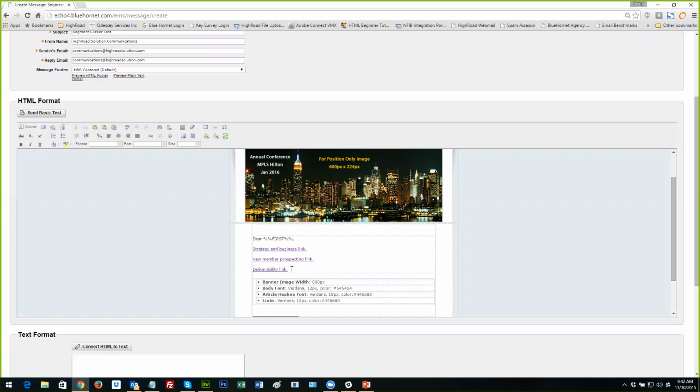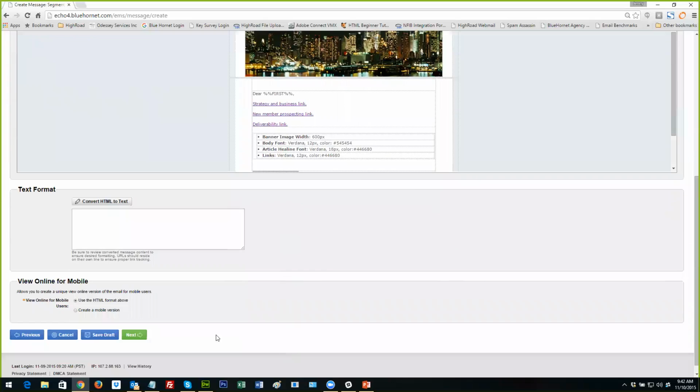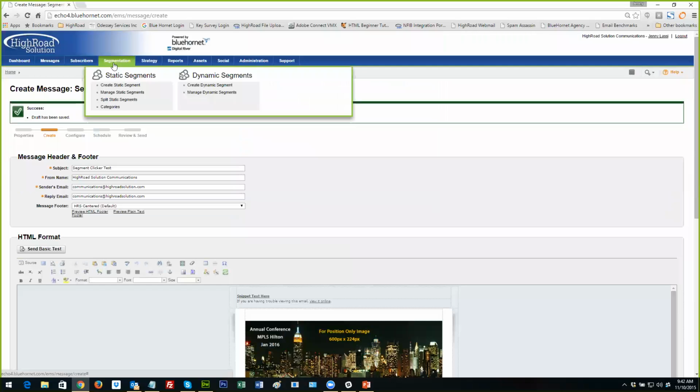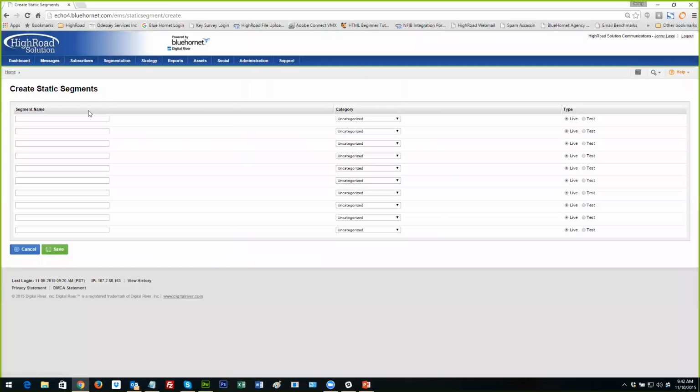So they're very different links, and we might want to funnel these subscribers into very different segments. But before we do that, we need to create those segments to use this, okay? So I just wanted to show you this so we can go ahead and save the draft. And I'm going to go under segmentation, create static segment, and I'm going to create